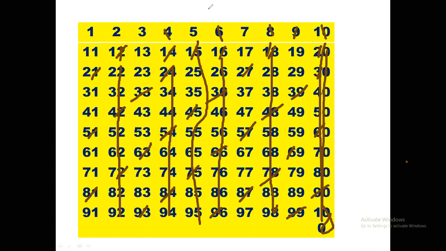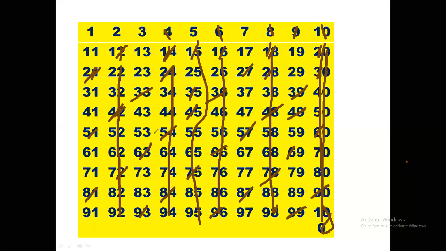The last instruction is that you have to leave 7 because 7 is a prime number. Except for 7 itself, color or cross out all the multiples of 7. So we are going to start with 14, but 14 is already done. The next is 21. 21 is also done. 28, I hope this is also done. 35, it was already done. 42 is already done. 49,